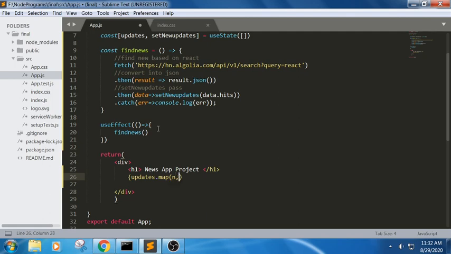Here I am trying to write n of i. I am trying to pass these parameters. In this we are trying to read the value based upon this key and value. Here n dot title, we are trying to display these values.